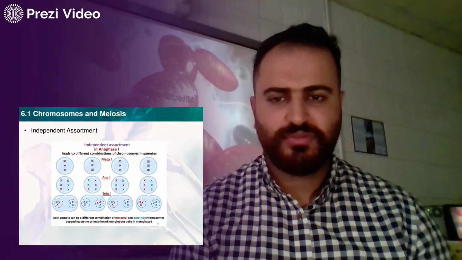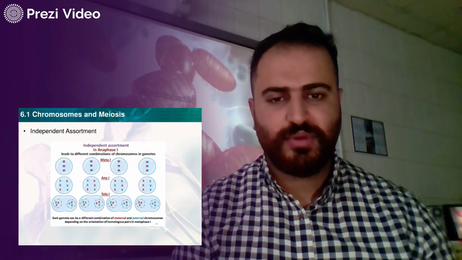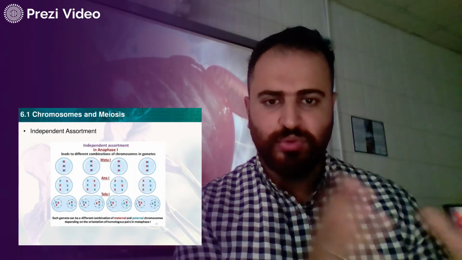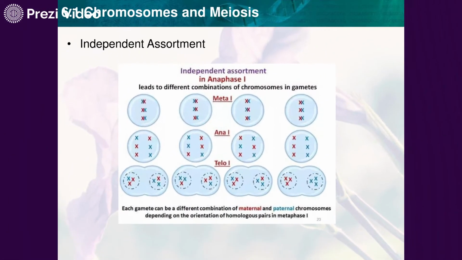And again, independent assortment that happens during anaphase 1 in the first division during meiosis contributes as well to the genetic variation that is one of two, in addition to crossing over, that leads to changes among living organisms that undergo sexual reproduction. So if you look at this image, you can see here, we are speaking only about 3